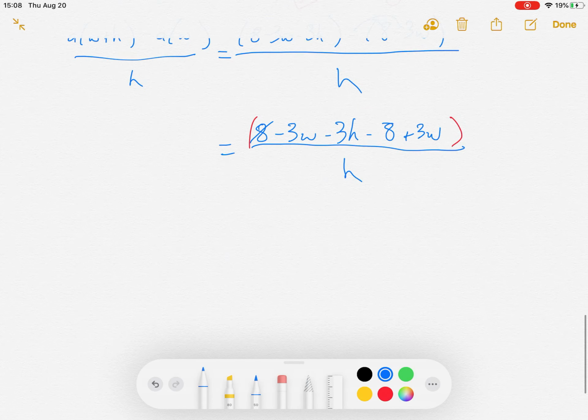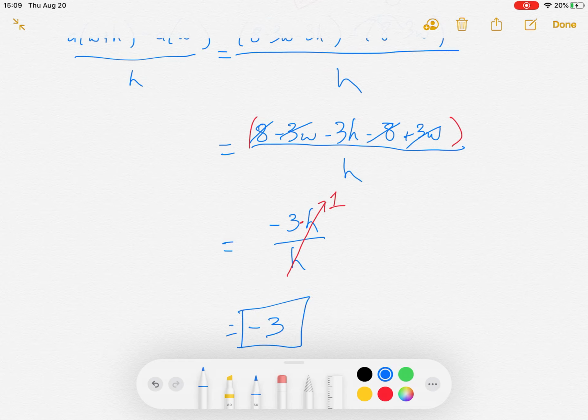Okay, back to the problem. The 8 minus 8 over here, that's 0. Negative 3w plus 3w is 0. So I'm actually left with negative 3h over h. Now you can cancel it, because this is negative 3 times h here, and then we're dividing by h, so I can just do h divided by h, and that's actually 1. So then I'm left with just negative 3 times 1, which is just negative 3. And so that would be my final answer. And that takes us to the end of